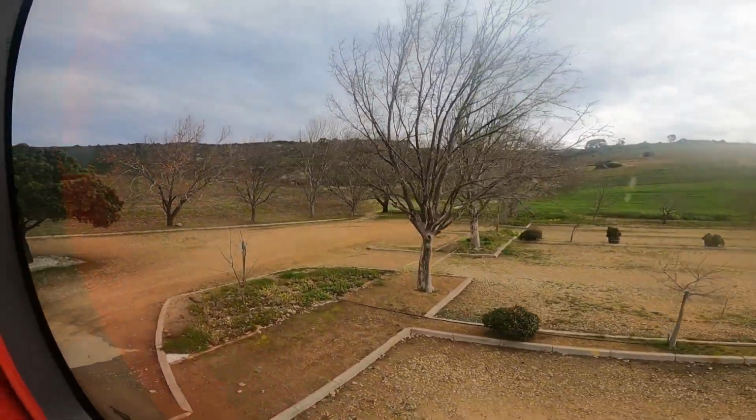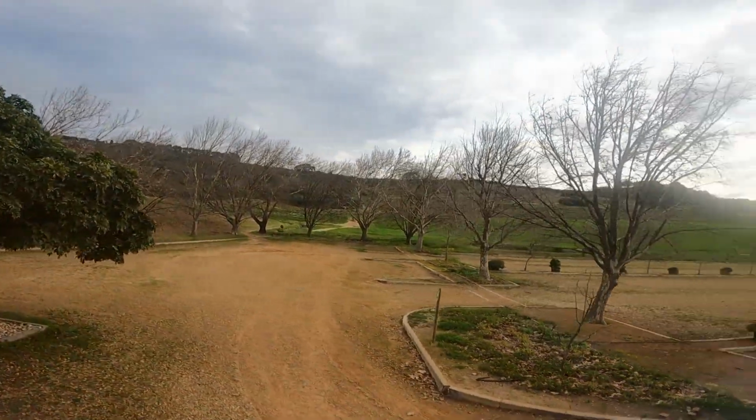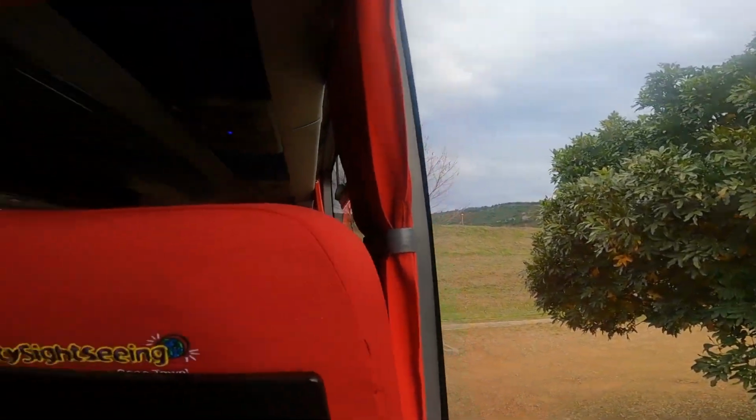Ladies and gentlemen, we'll be spending 1 hour here, so I'll show you inside. Please ensure that you're back on the bus by no later than 4:45. It's quite important we depart on time. Some people on the bus will have to